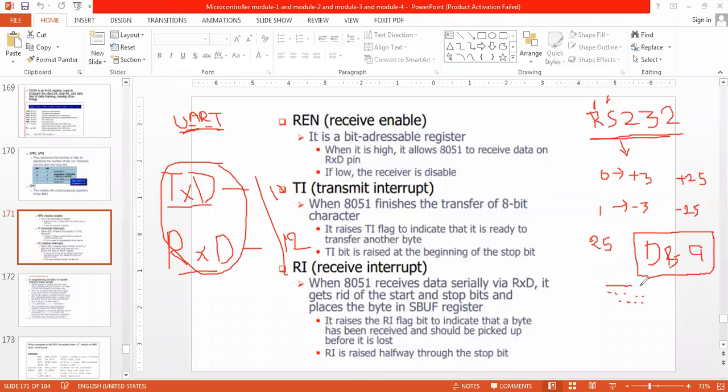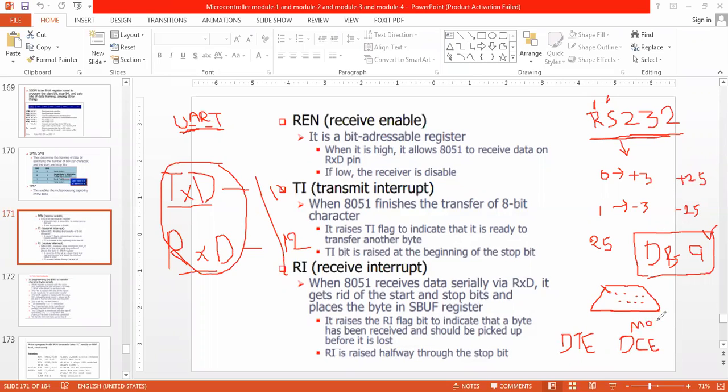This is the DB9 connector, the RS-232 connector with 9 pins. So 9 signals are there, and each signal we have seen. Taking the example of DTE, data terminal equipment, a computer, and DCE, data communication equipment, a modem.